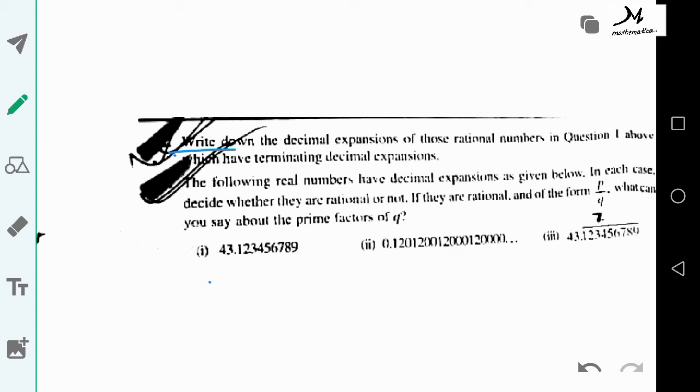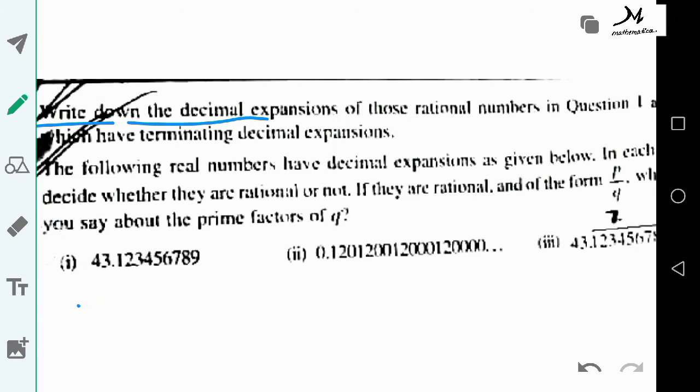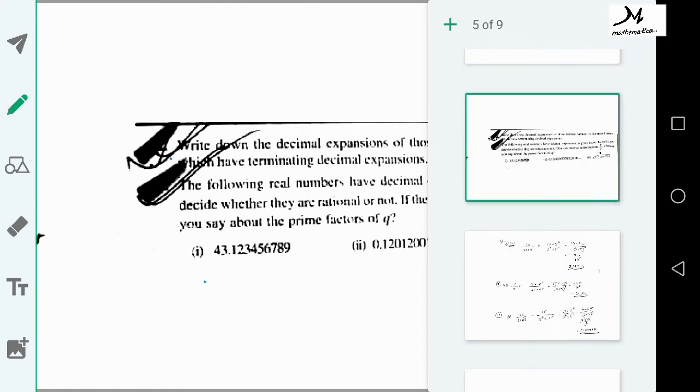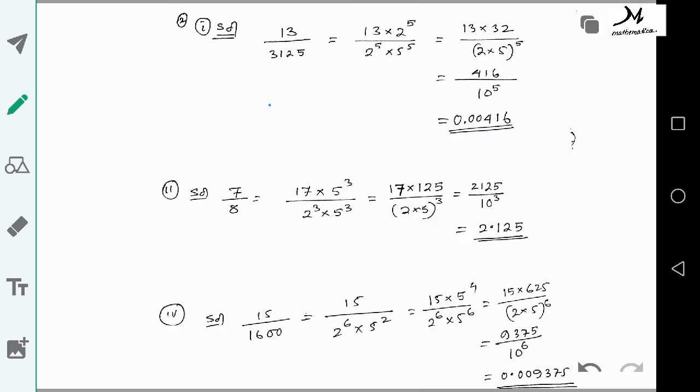Question number 2: write down the decimal expansions of those rational numbers in question number 1 which have terminating decimal expansion. In question number 1 we have many rational numbers, and for those with a terminating decimal expansion, we need to express them in their decimal expansion. So in question number 1, what was the first rational number? 13 by